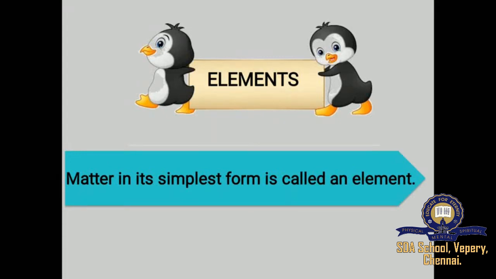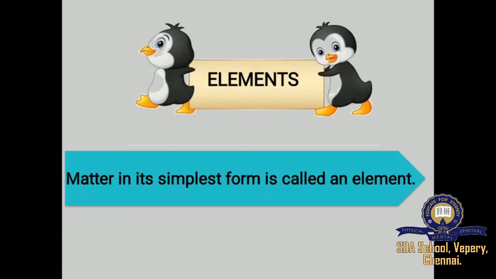We are using many elements in our daily life. The common salt which we use consists of two elements, sodium and chlorine. Water has two elements, hydrogen and oxygen. And we burst crackers for festivals. Those crackers contain magnesium and phosphorus, which are elements. In agriculture, they use sulfur as manure. Sulfur is an element. Likewise, gallium is used for making mobile phones. So gallium is an element.